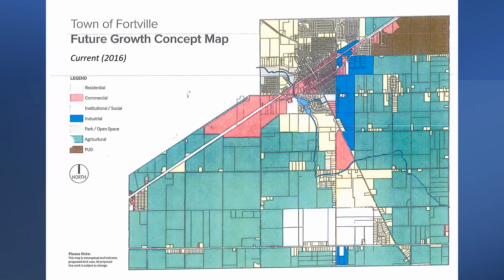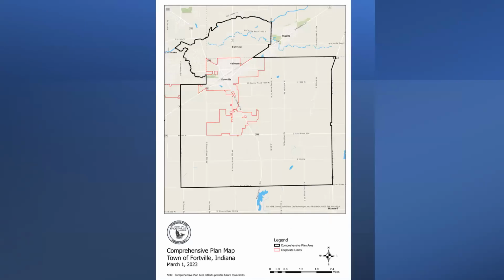So, to be clear, this map right here that we're looking at is the old one. This is the current one, I should say. This is the current comprehensive plan map. So basically, this would be updated for the plan. Yeah, the plan is to bring 13 down to Fortville Pike through that area via an industrial park. A light industrial park.